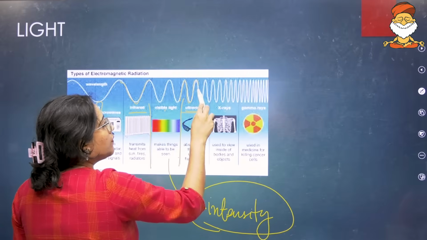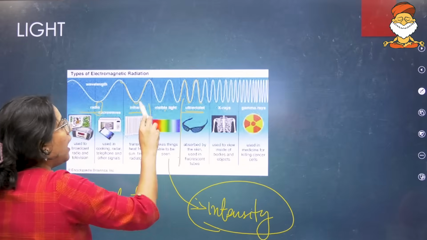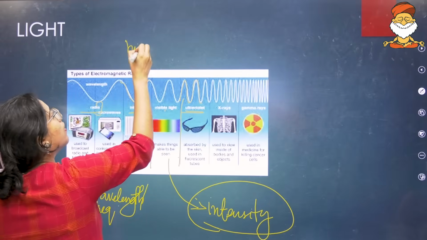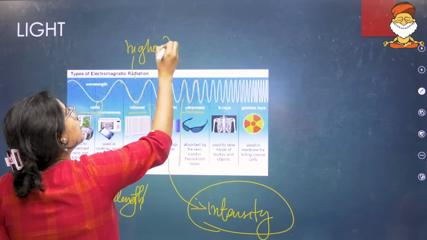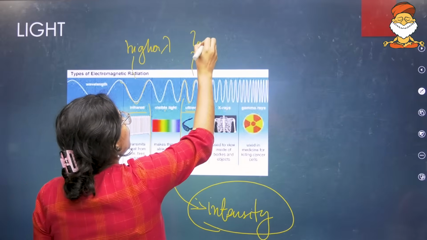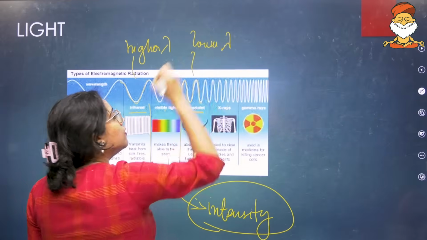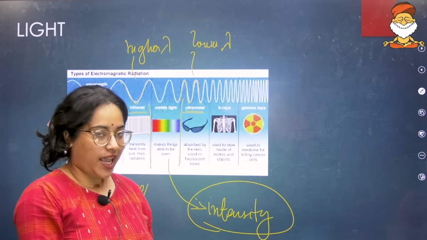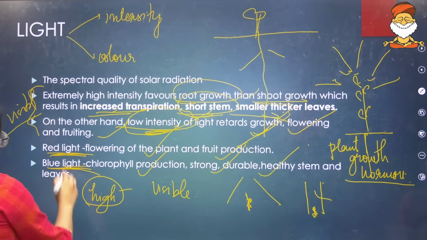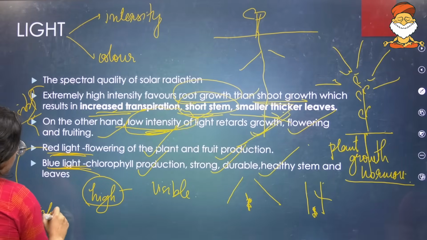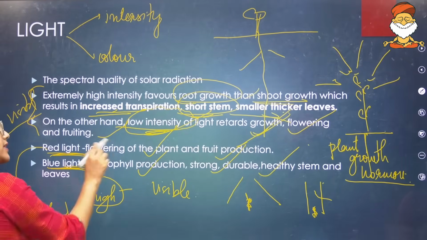Which has a higher wavelength over here? Higher wavelength is for infrared. This has lower wavelength. Okay, so can I also say in this statement, red light or higher wavelength light aids the flowering of